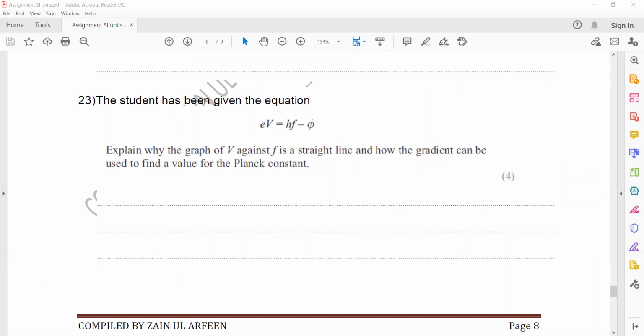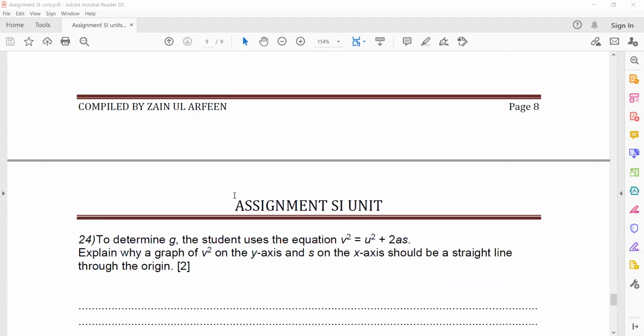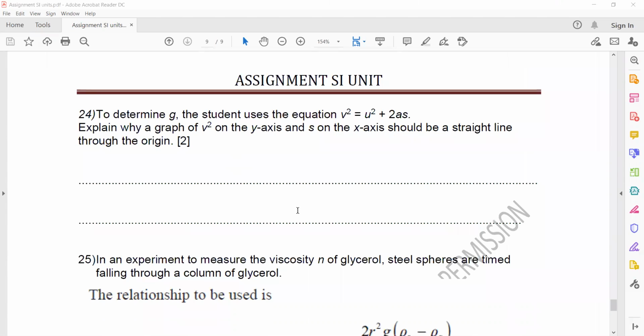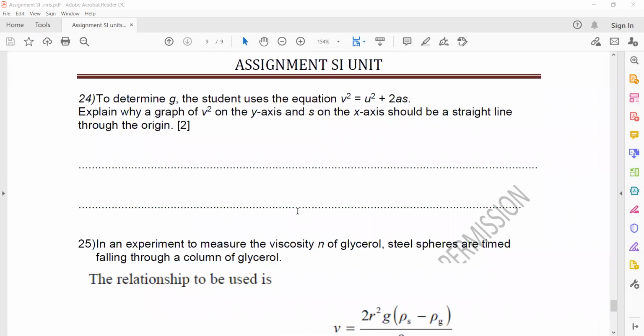Then question 24. To determine the acceleration due to gravity, the student uses the equation v square is equal to u square plus 2as. Show that a graph of v square on the y-axis and s on the x-axis should be a straight